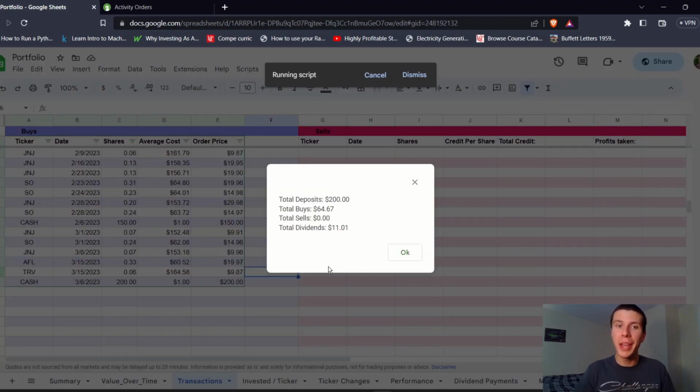So the script finished up and we got this nice summary. So we deposited $200 this month. I'm trying to consistently increase the amount I'm depositing over time and hopefully reach $500 a month by the end of the year. We made buys worth $64.67, so not much action there, no sells, and then dividends of $11.01